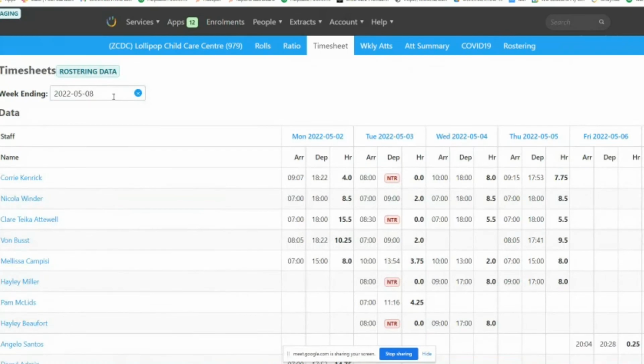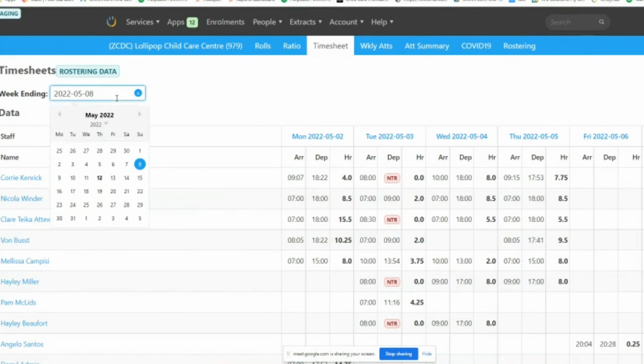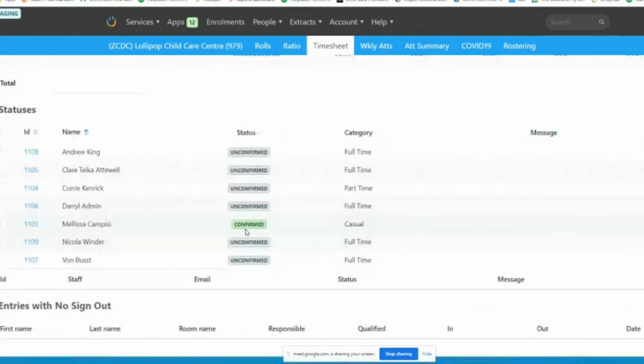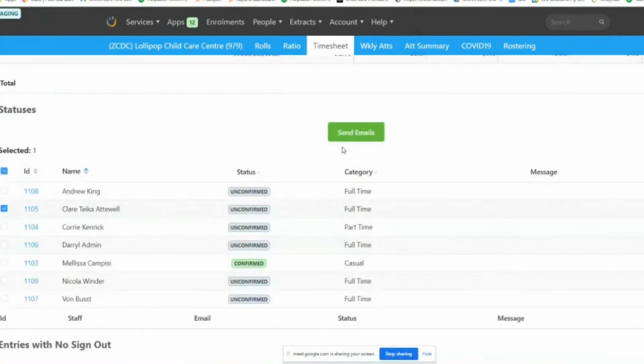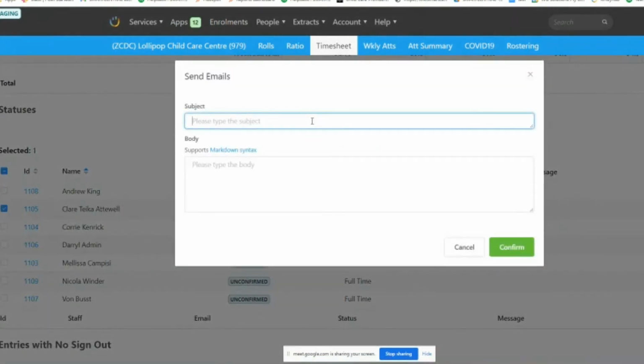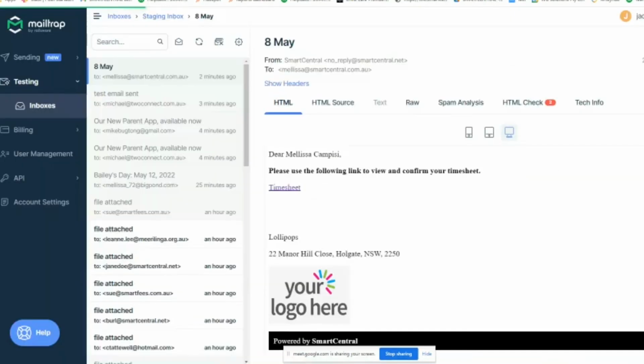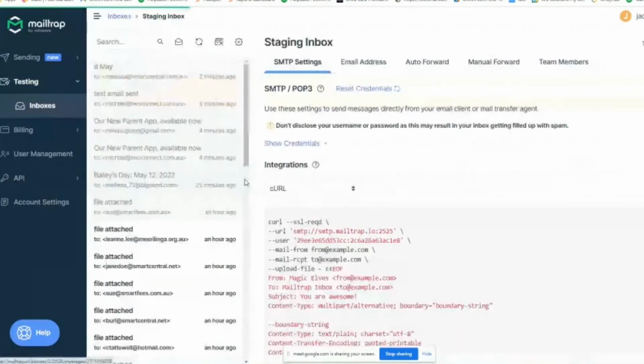You know how I said review, I actually did overtime. Me as the admin person would have to go in there, review that timesheet, fix it up, then go back and send it to them. So it doesn't automatically change, and that's the same thing with the rostering as well. If I send out the roster and then they write back, so if I sent this roster now to myself, or let's say I send it to Claire, I can click on there and say roster, don't forget it's pajama day on Wednesday, whatever I want to write, I send it. Then when I go into this email,